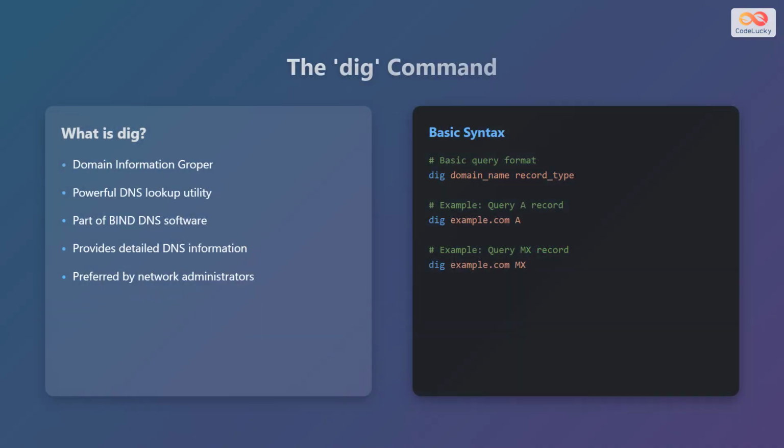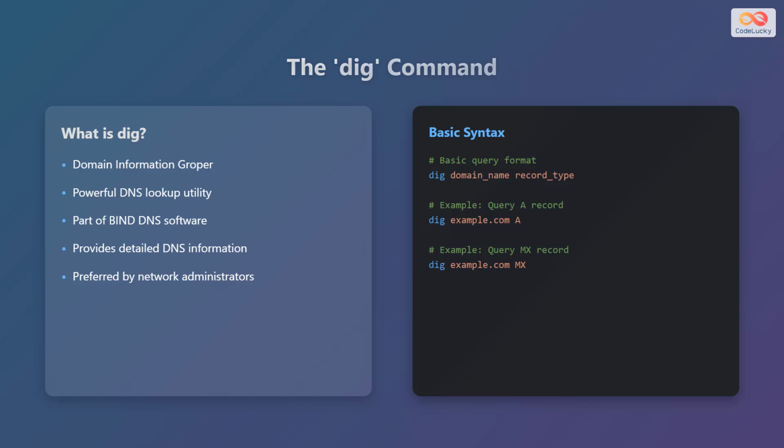Let's begin with the dig command. The name dig is short for Domain Information Grouper. It is a powerful command line tool used for querying DNS name servers. Dig is part of the BIND, or Berkeley Internet Name Domain, DNS software suite, and is favored by network administrators for its comprehensive output. Dig allows you to retrieve detailed information about DNS records, making it an invaluable tool for